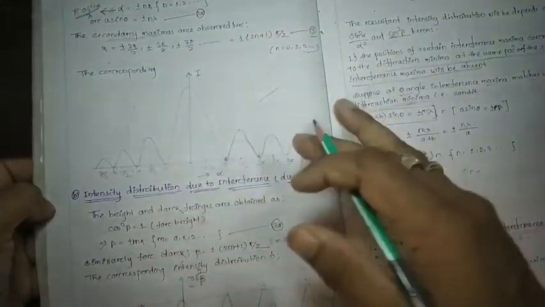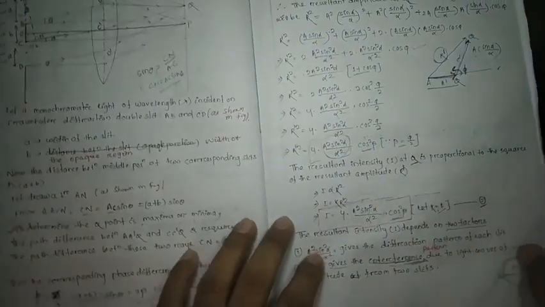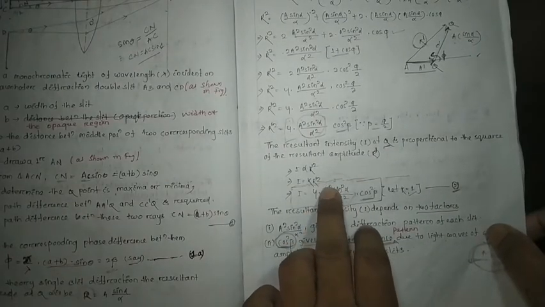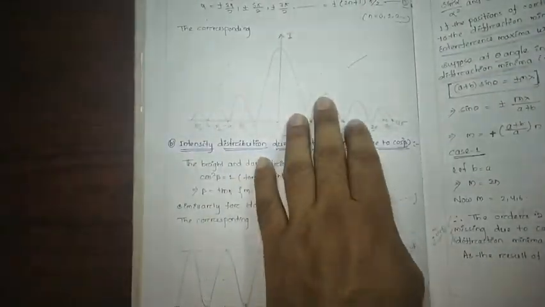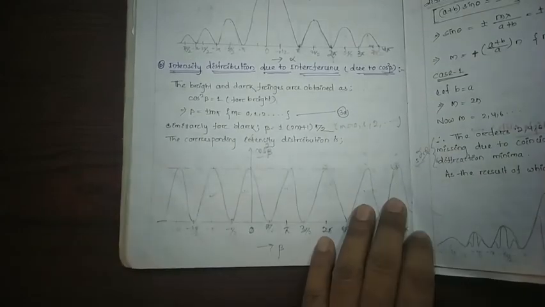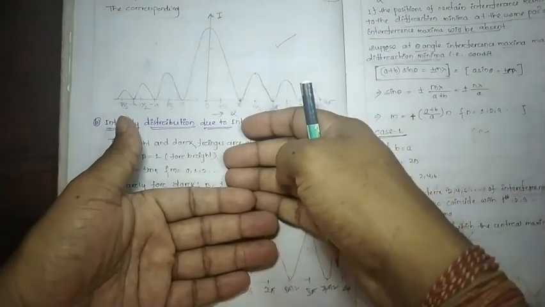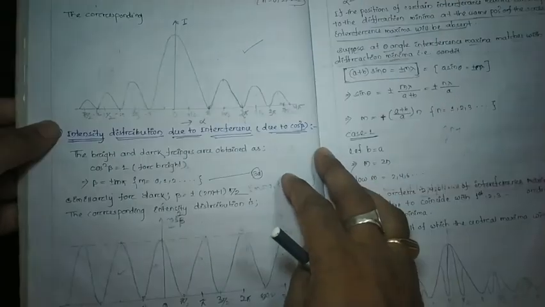We are going to discuss this in detail in our next class. Today we stop here: finally, after diffraction by the double slit, we got the intensity distribution, the mathematical expression. One term is due to diffraction, another is due to interference. Due to diffraction the pattern is this one, due to interference the pattern is this one. The resultant will be the composite or mixing of these. What the resultant intensity distribution will be, we are going to discuss in our next class.